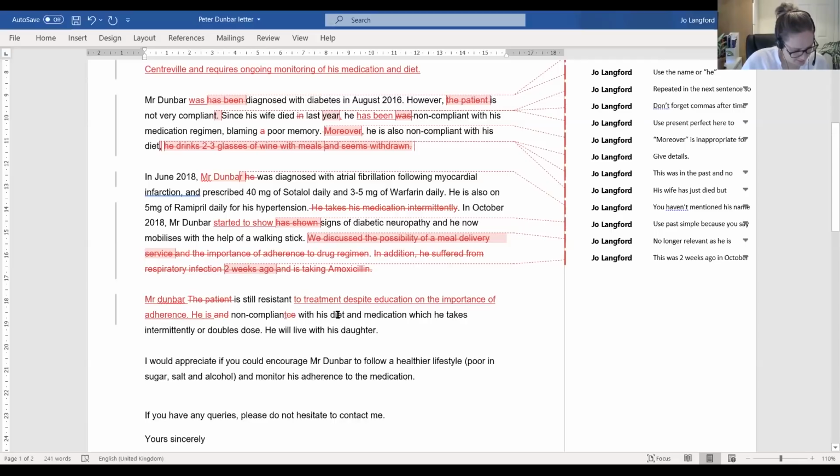But let's leave it there. He is non-compliant with his diet and medication, which they do. Okay, he will live with his daughter. Now, you've already mentioned this, and it feels a little strange. It feels a little added on here, so I would cut that out because we've already got it in the